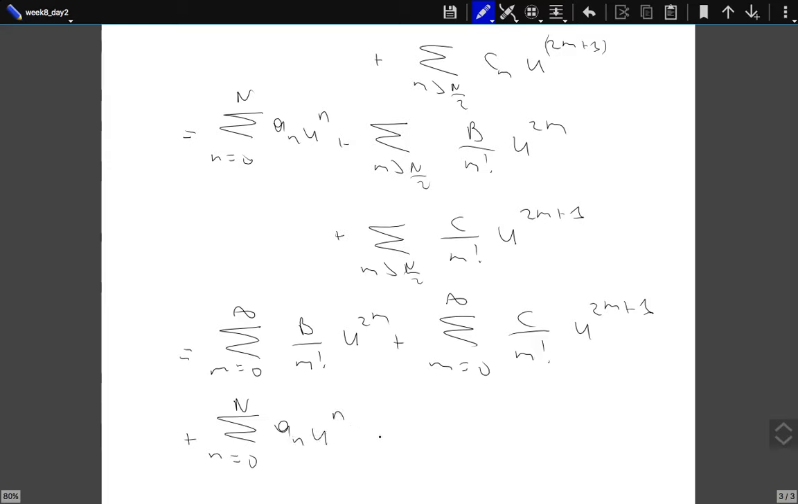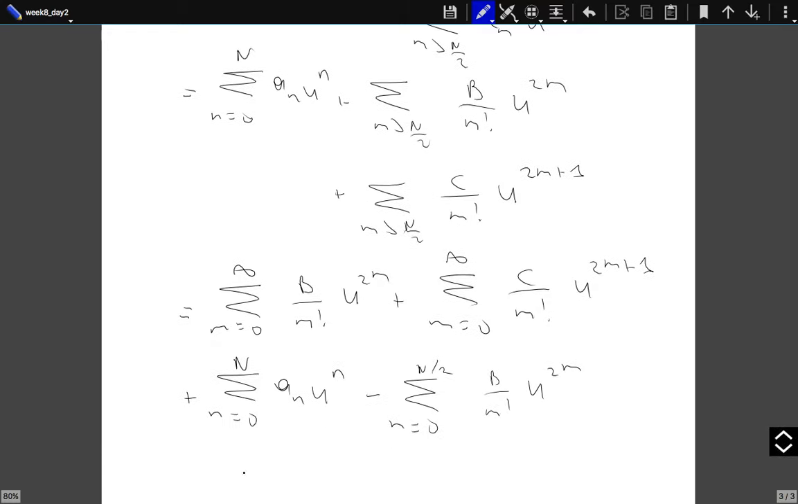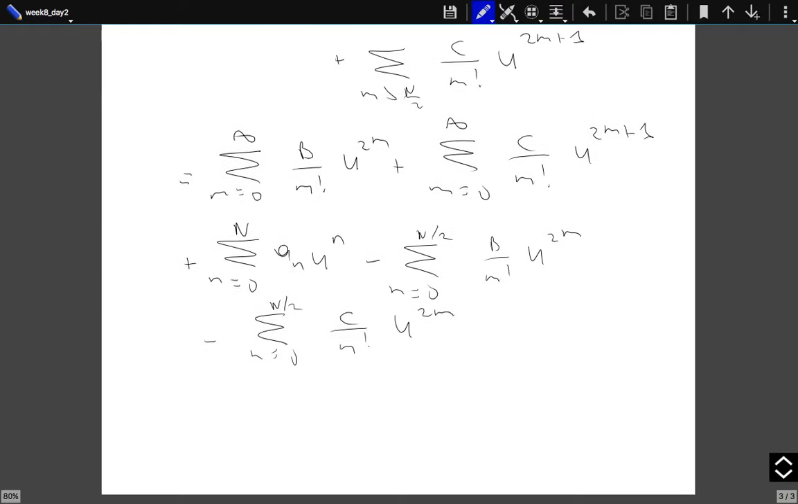Minus the sum over m from 0 to n over 2 of b over m factorial, u to the power 2m, minus the sum over m from 0 to n over 2 of c over m factorial, u to the power 2m. Now let's see, these terms, they are polynomials. So my function phi of u is basically a polynomial